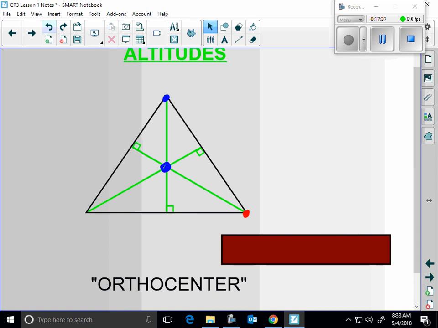Okay, and there's no practical application to this one, like there was in the previous 2. So we don't have to go through a word problem. You just need to know the altitudes form